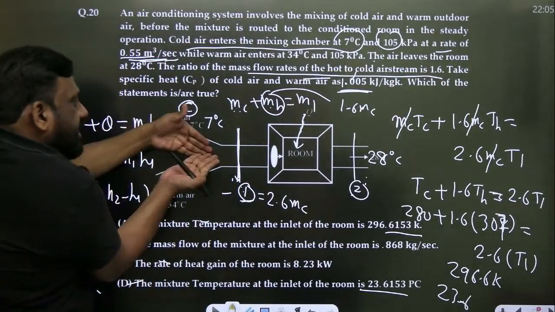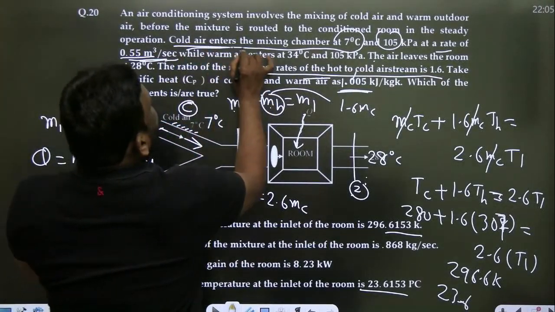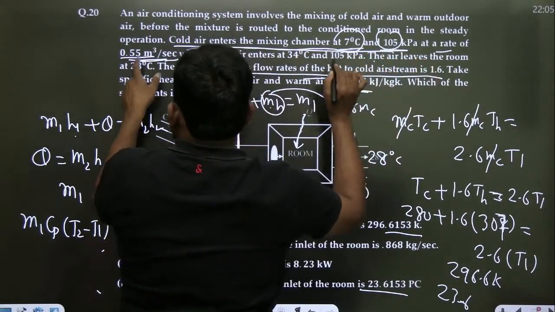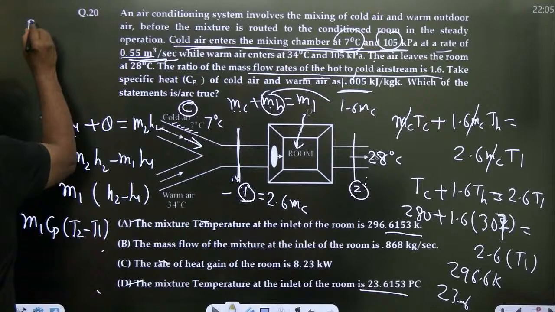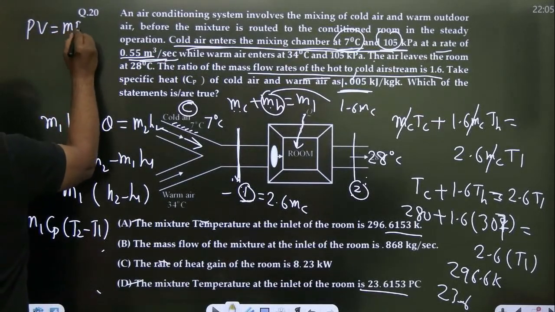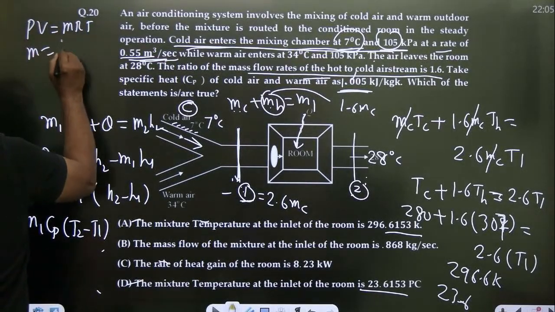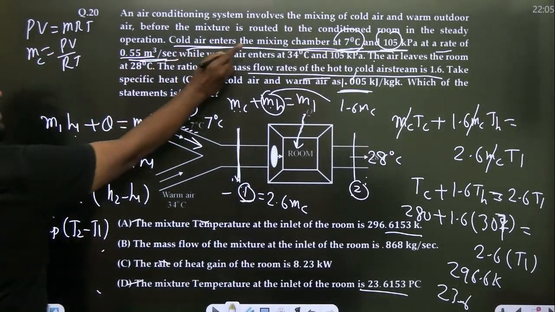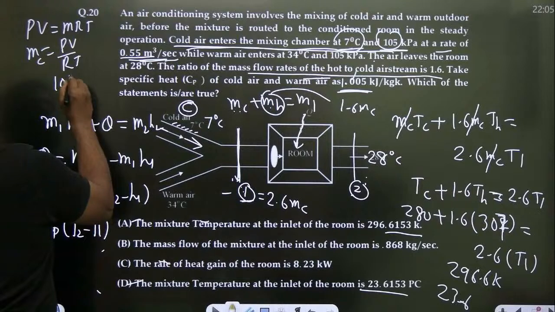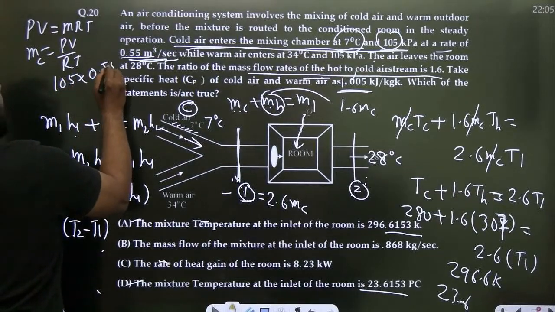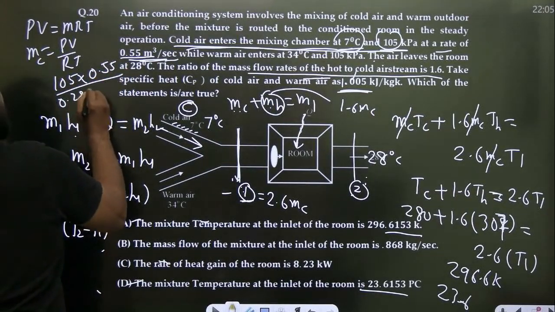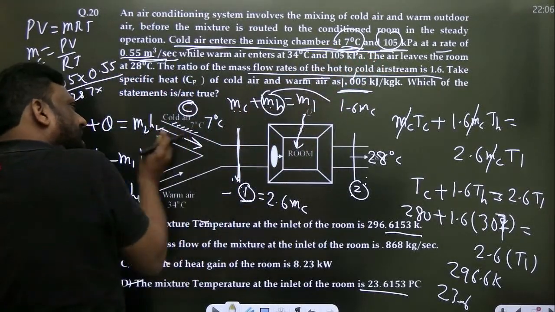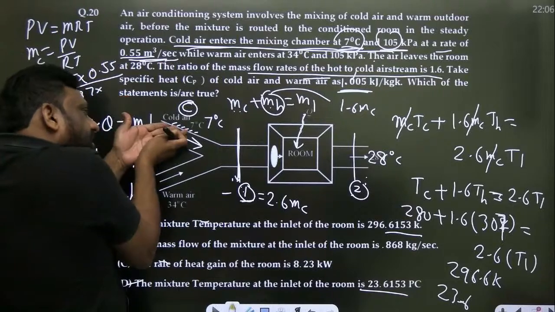ये सब cold के दिया है, इधर देखो, cold air enters at 7, 105 pressure and 0.55, तो cold air के लिए मैं अप्लाई कर रहा हूं PV is equal to MRT, तो M is equal to PV by RT, ये cold air का है सर, this will give me cold air, pressure is 105, what is the volume? 0.55, air 0.287, at what temperature the cold air is entering? 7 degree,